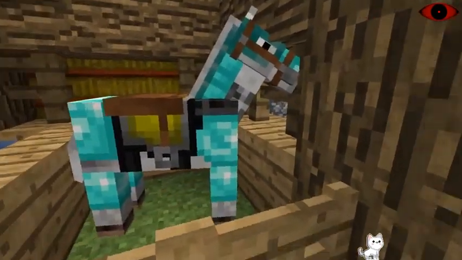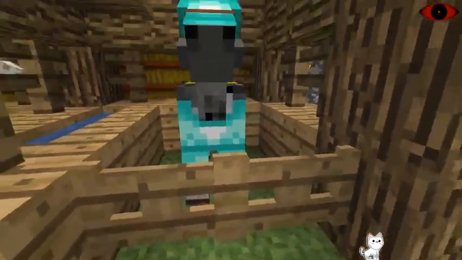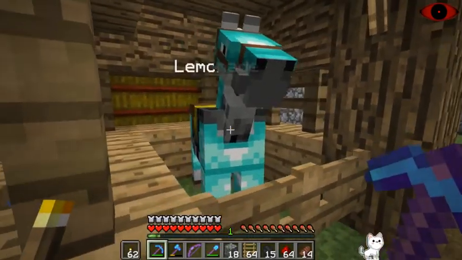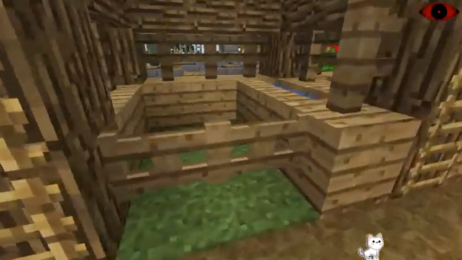This is a horse that we bred because we have a larger stable over there in the main hub. I named him after my childhood imaginary friend horse. His name is Lemonade. See if you can see it. There it is, Lemonade. So yeah, I've taken him on many adventures, and these stables are going to be for